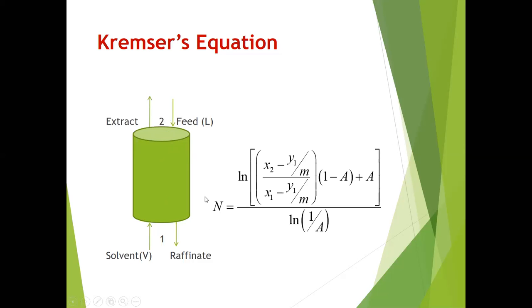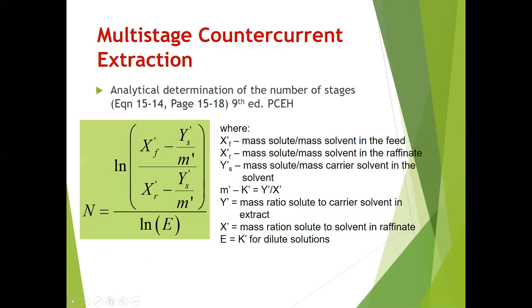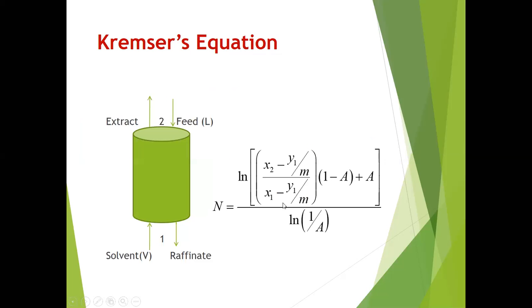This one is the Kremser equation. If it's the Kremser equation that we're going to use, class, and not the one I showed in the previous slide, which is the Kremser-Souders-Brown equation, by the way, this one is the Kremser equation in John Kuplis. The problem with the Kremser equation here is that you really need to determine the slope at the dilute end of your equilibrium curve, especially if your equilibrium curve is curved. So if you are to determine the slope at the dilute end of your curve, then this will be relying on the graphical approach.